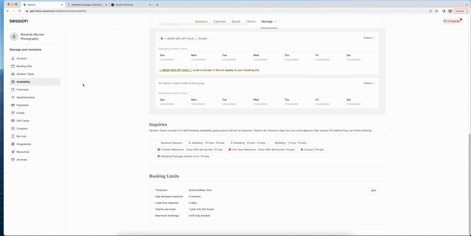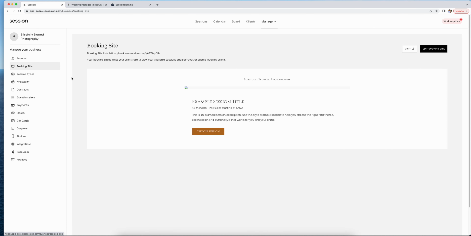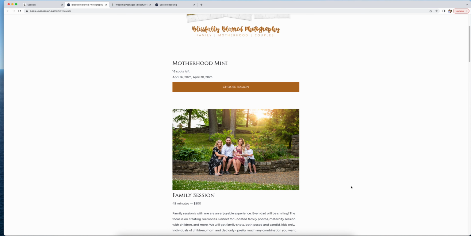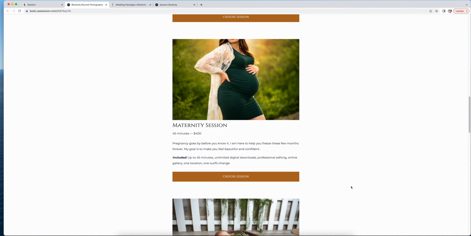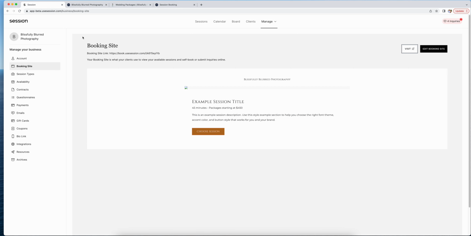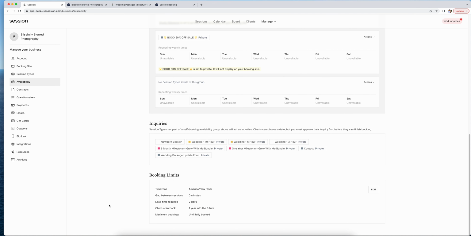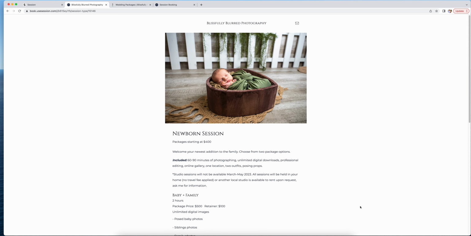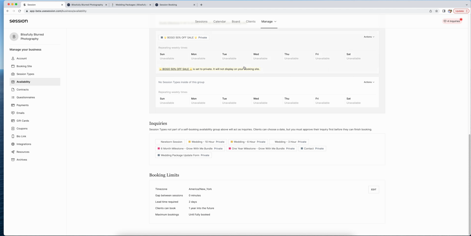Let me show you, for example. Someone inquired about a newborn session. So I said, okay, go ahead and, let's work together. Use this link to book your newborn session. Well, as you can see, where'd it go? My newborns, even though they are public on this booking site, somebody can come in and book it. I do not have it under an availability because